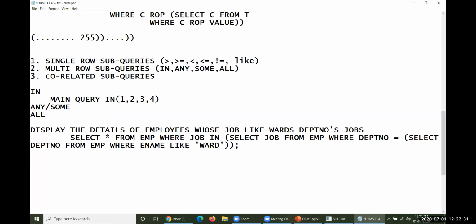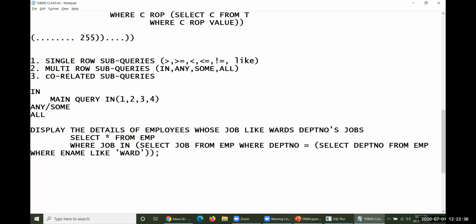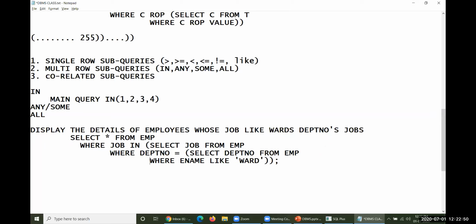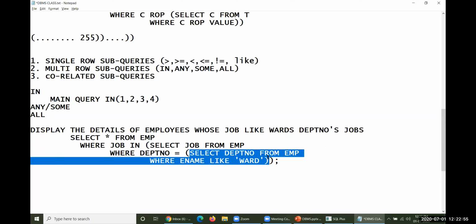So this could be select everything from EMP, which is the outermost query, and this, select job from EMP, is the second level subquery, and here select department number where job like BART. Look at this. This particular query is a single row returned query, because the department number is only one, that is 30.